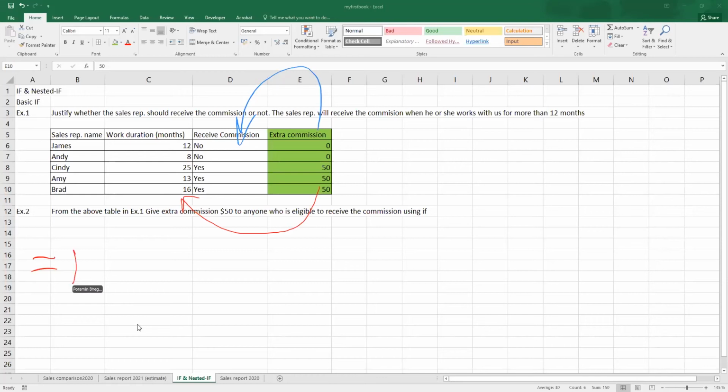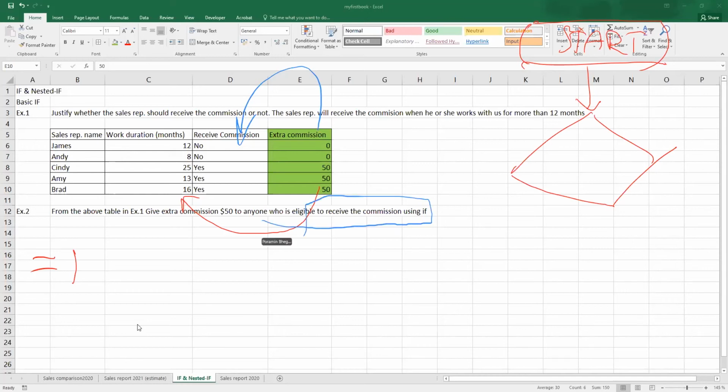I will use the flowchart to help too. For the flowchart here, I start and then I compare. If we have a look at the problem, we say that we will give the commission only when he or she is eligible to receive commission. So I compare the values here. I say that if receive commission is yes,